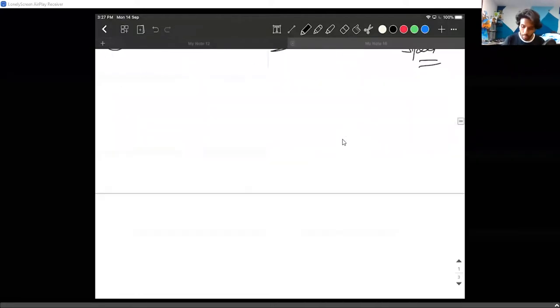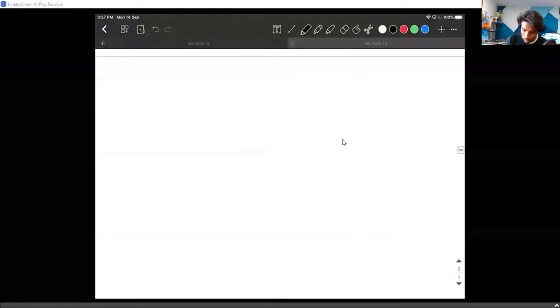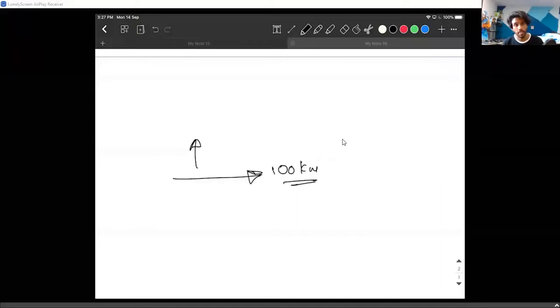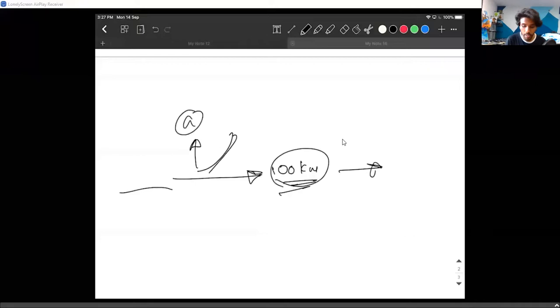Let's just take an example, okay? A body is moving at some 100 kilometers per hour, and somebody pushes it in this direction. You will keep the same speed, but you will change the direction. That is the important idea here. This acceleration in this direction would cause a change in the direction of the velocity, but not the magnitude. If you want to change the magnitude, there needs to be some acceleration in the direction or the opposite direction of the velocity. That is a very important point that you should remember.